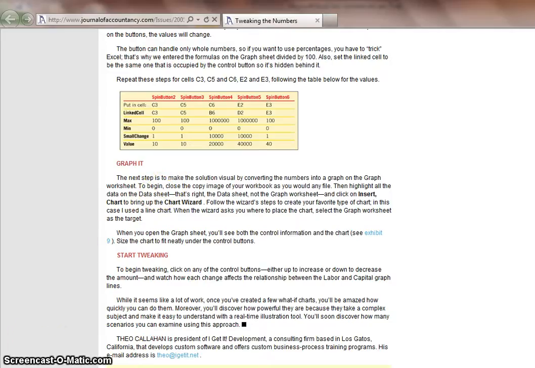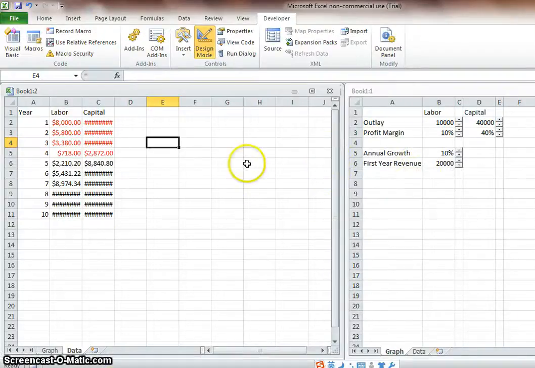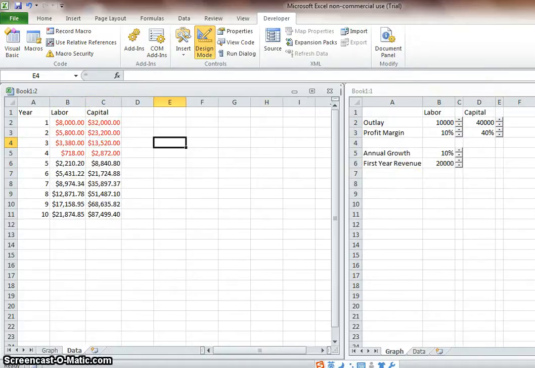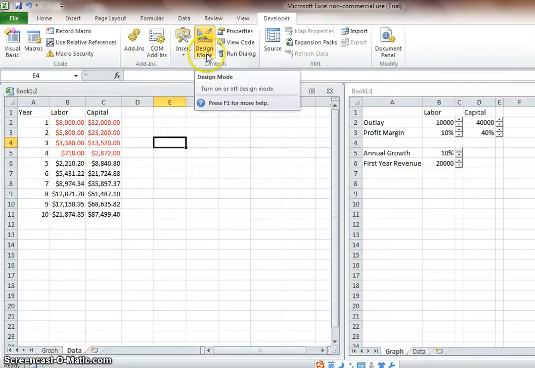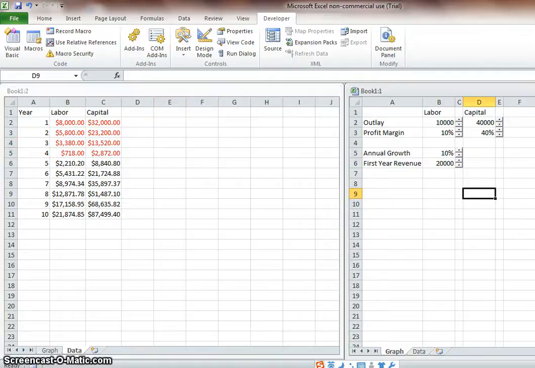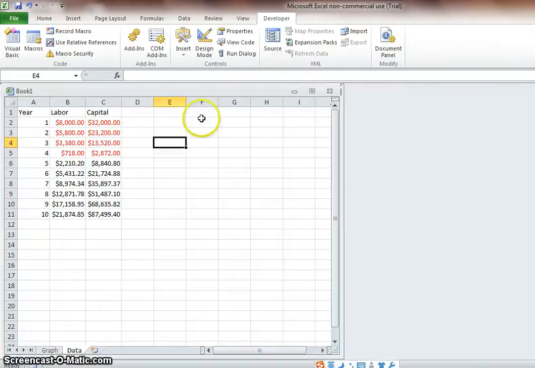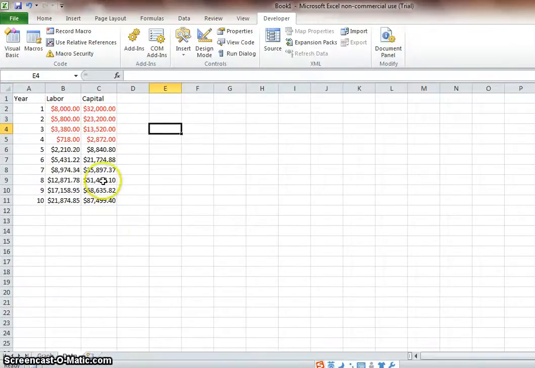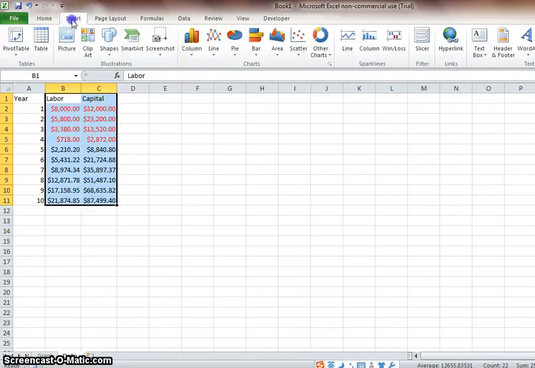Now the next step, we're going to create a graph. Before that, I'm going to adjust this by clicking here. Since you cannot do anything until you click off the design mode, I click on here to turn off design mode, and then I can go ahead and close one worksheet and just enlarge this one so that you can easily see. To insert the graph, you simply select both of those and go to insert, click on line here,